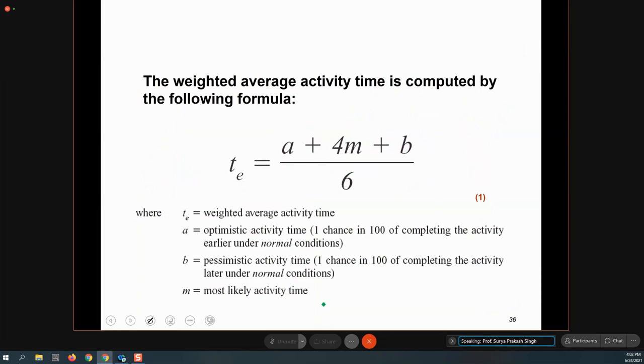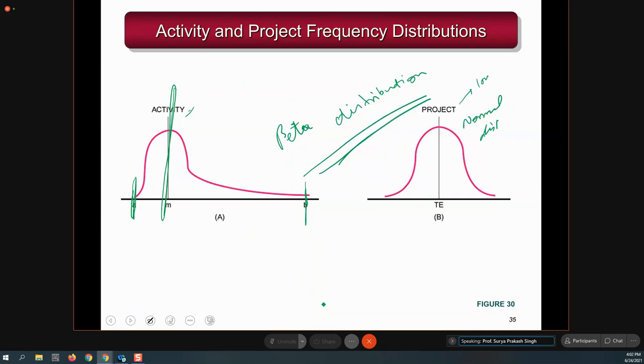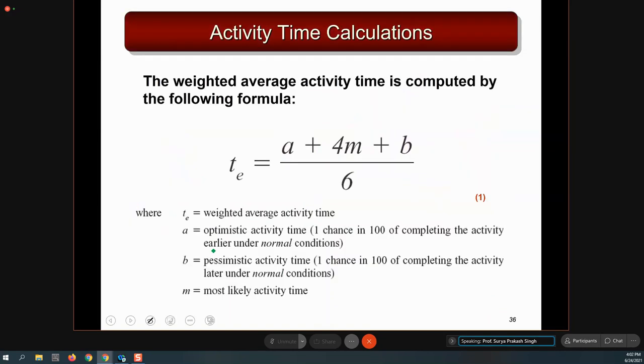So how to calculate the time? So अब ये तो हो गया कि every activity has a 3 time: optimistic time, most likely time, and the pessimistic time. So अब activity कितने time में खत्म होगा? So we have the formula in the statistics. So for every activity, the time can be calculated with the help of this formula. So this is a statistical relation. So there is no proof for this. So this is a statistical relation, है ना? So this statistical relation holds true when we assume that your activity follows beta distribution. So A plus 4m plus B upon 6.